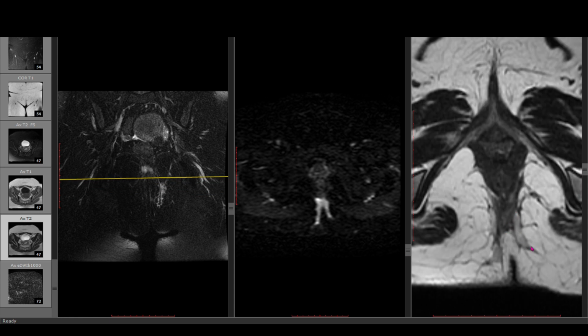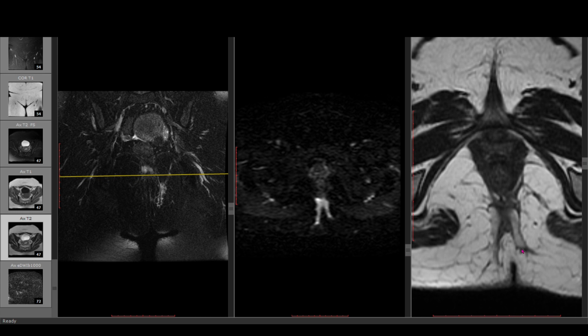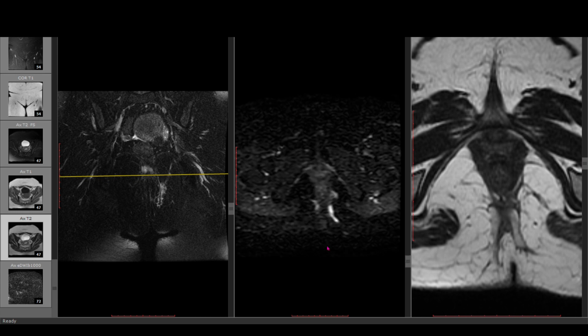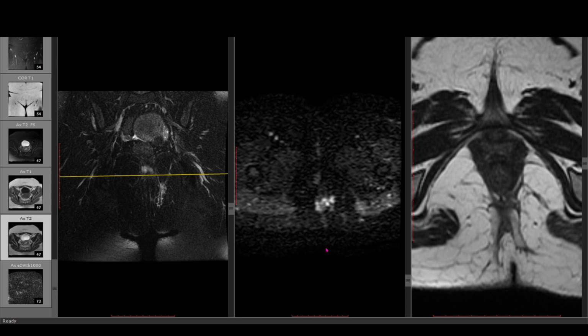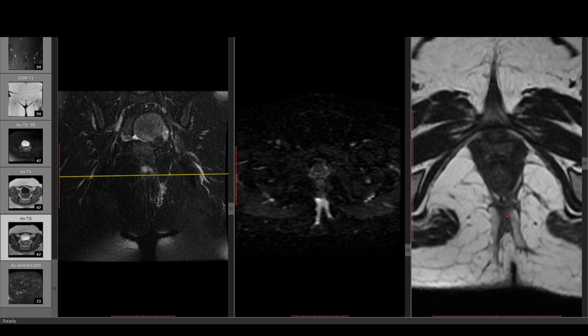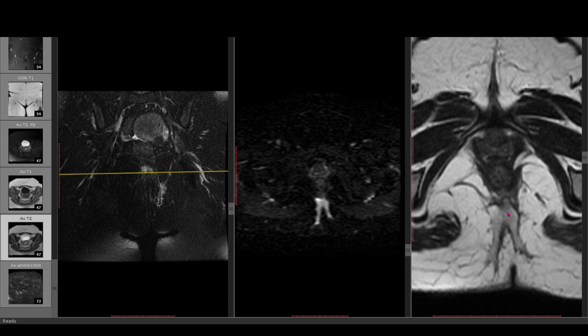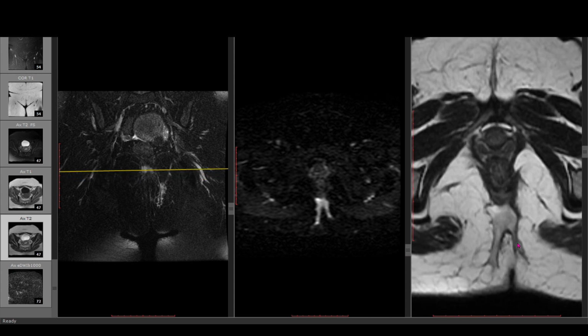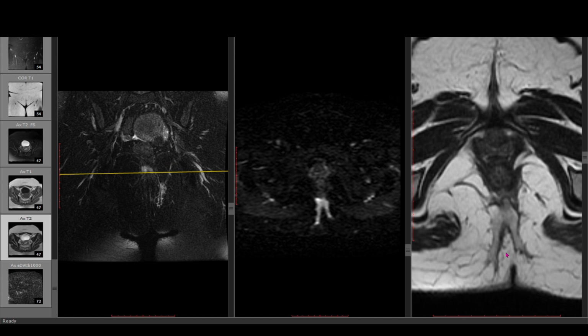This is actually a collection. It is not a tract. This is a collection which is very nicely depicted in the diffusion weighted image due to the high restricted diffusion you can see here. You can mention the extent of this based on clock position. It is almost extending from the 4 o'clock position to 7 o'clock position posteriorly, and give that morphology as a horseshoe type collection.